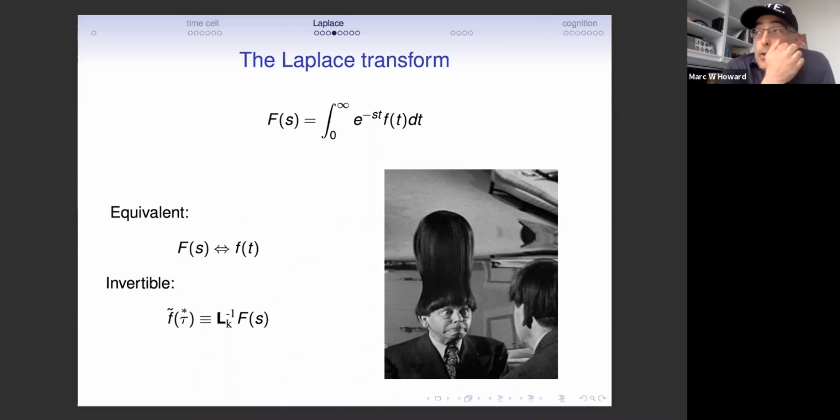Yeah, I think this is a really good question. I think there hasn't been a systematic mapping. In order for me to answer that question, I'd want to know to what extent there's a spectrum of time scales and a spectrum of spatial scales throughout these regions. Like, we know there's border cells which behave as if they're the Laplace transform of distance to an edge in the environment. We don't know if they have different space constants. That's the first question I'd want to know.